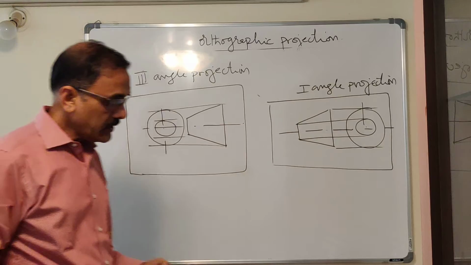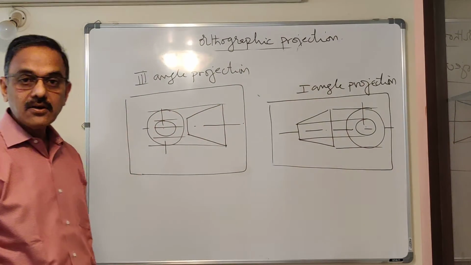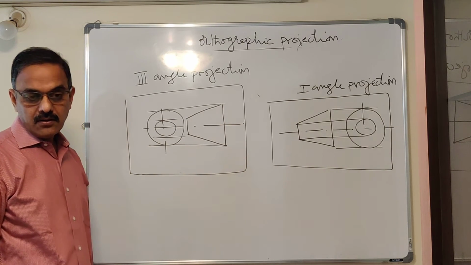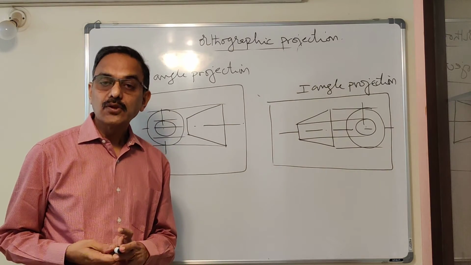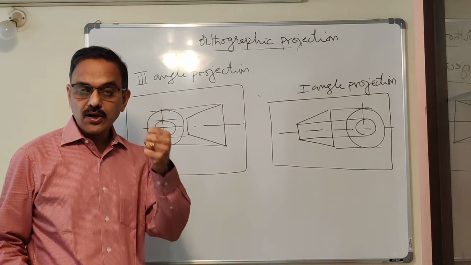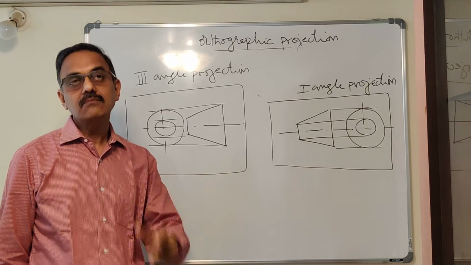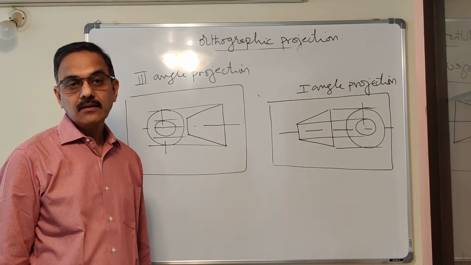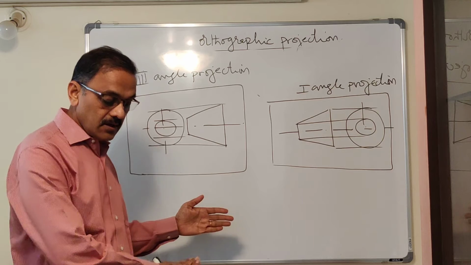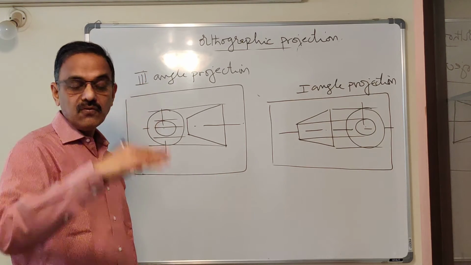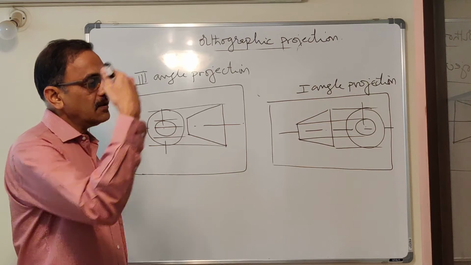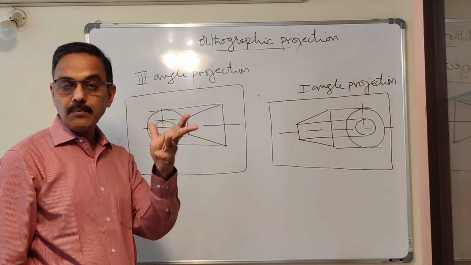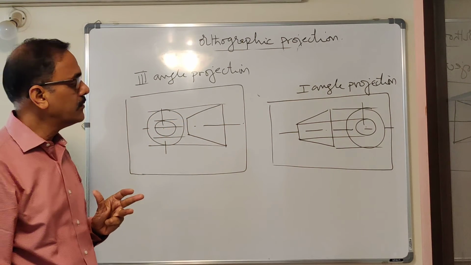So this is a very important class. What is it that you have learned so far? You have learned what is an orthographic projection. What are the requirements for you to understand what is orthographic projection? You require an object, an observer, and a plane of projection. You have understood what are principal planes. A vertical plane, VP, a horizontal plane, like a ground or a roof, HP. Then profile planes, right profile plane, left profile plane. VP, HP, LPP, RPP. They are called principal planes.